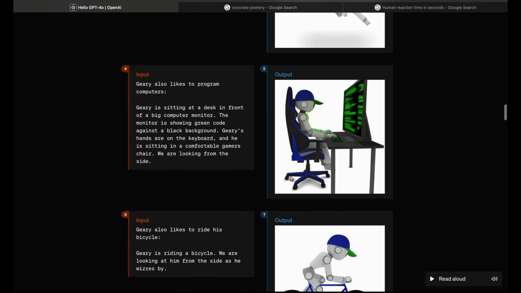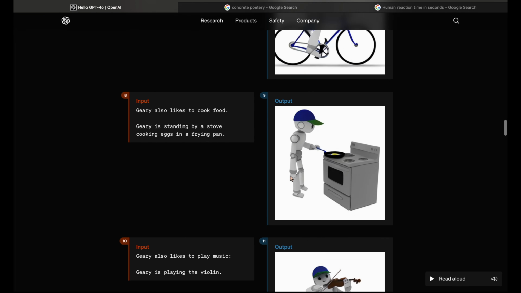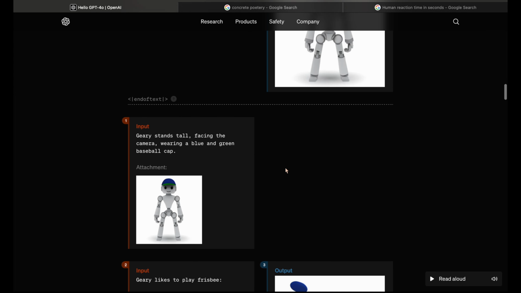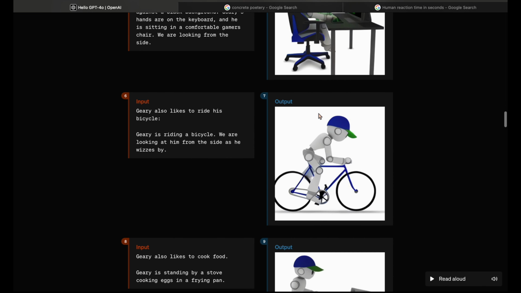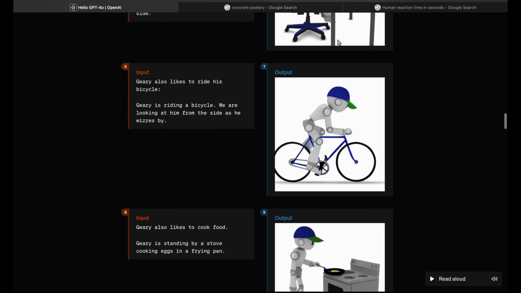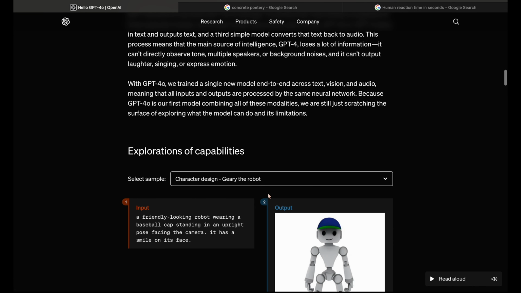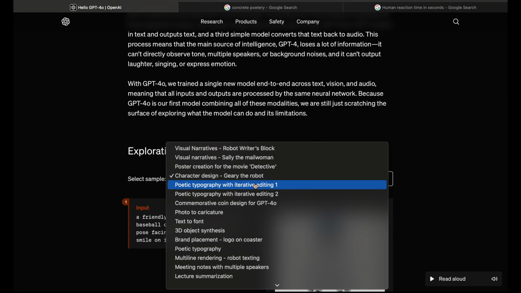Other than that, you can see other examples as well. With this robot, multiple prompts are given, such as flying a frisbee, typing on a computer, cycling. You can see the consistency of the robot. So this is one thing. Next I want to show is,